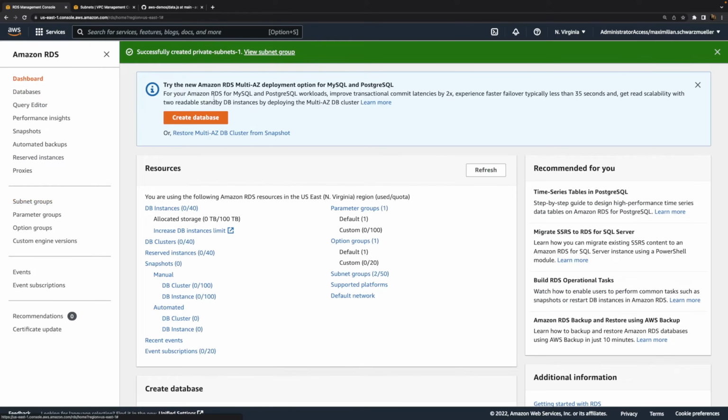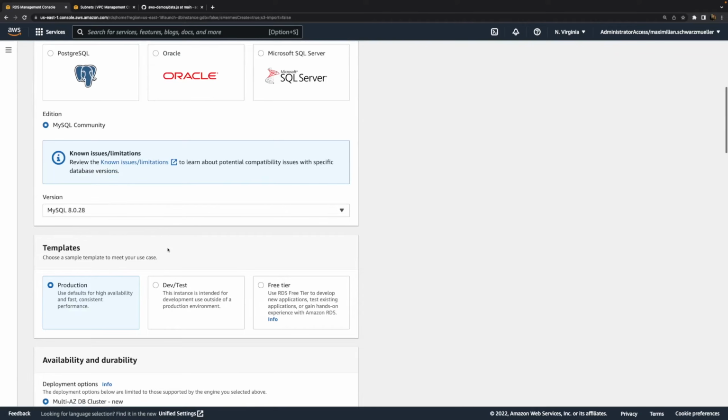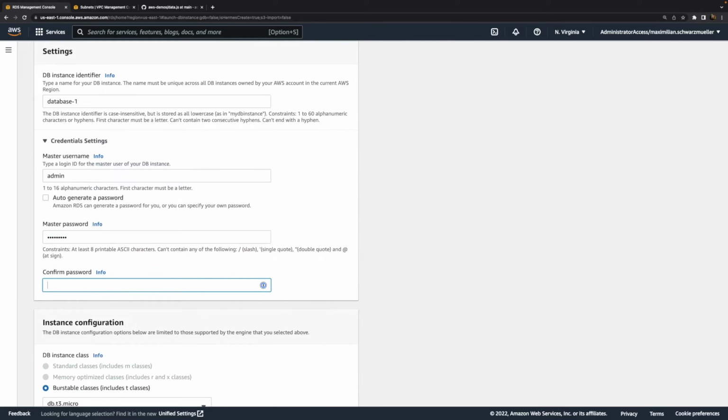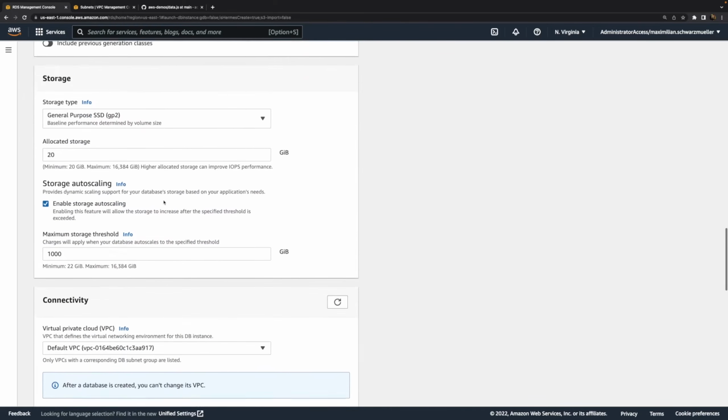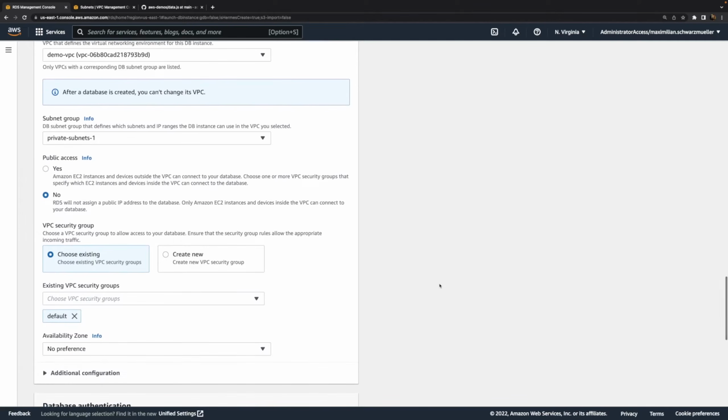And therefore back here, when I create a new database, I'll quickly go through the same settings as before again, choose the engine and the version, the free tier, and my password here, and leave all the other defaults as they were before. Default instance type and storage, disable auto scaling, and choose my own demo VPC. Then I choose the private subnets group I just created, and I disable public access in addition, so that this database instance that will be created really can only be reached from inside that VPC. So only from that EC2 instance that runs the web server, which I will start in a couple of minutes.